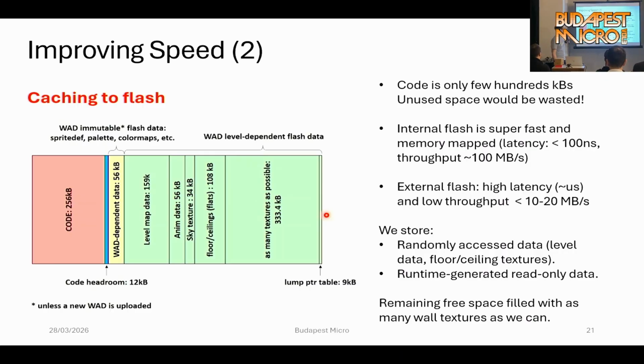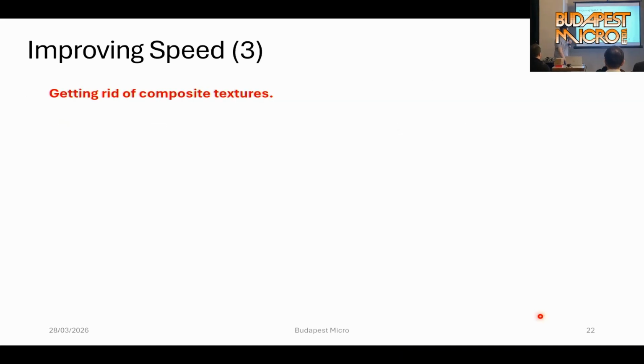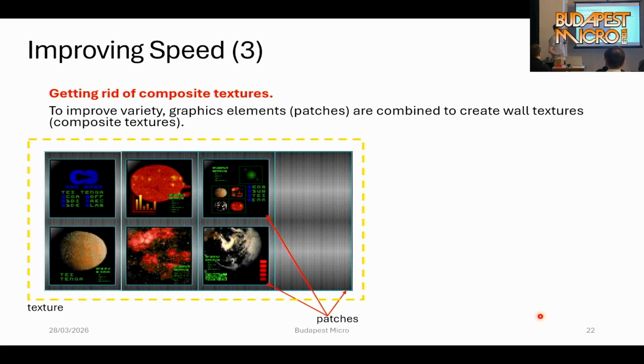So I also fill the remaining space with as many wall textures as possible. Another improvement was getting rid of composite textures. What are composite textures? Basically, Doom has a